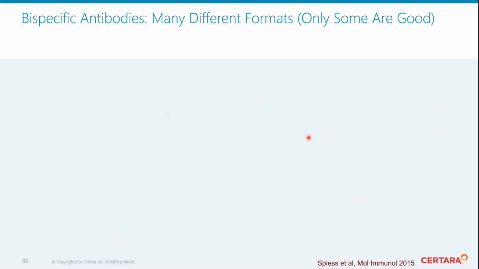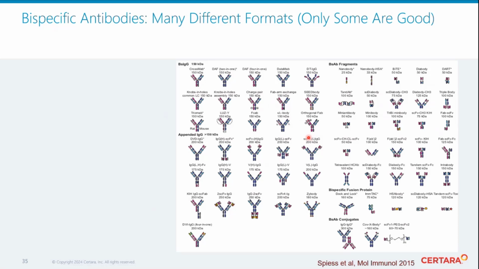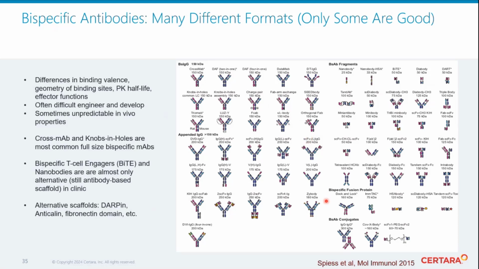Right, bispecific antibodies. My God, there is no limit to people's imagination. But don't be fooled. There are only a couple of formats here which work, and as a rule of thumb, the closer it is to normal wild-type antibody structure, the better it works. The only alternative format that makes any kind of use is called a diabody. That's behind the bispecific T-cell engagers. Everything else is just fanciful.